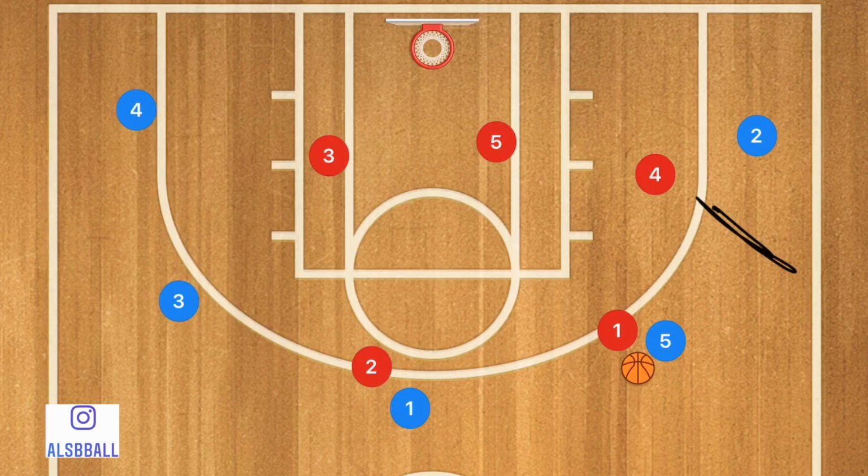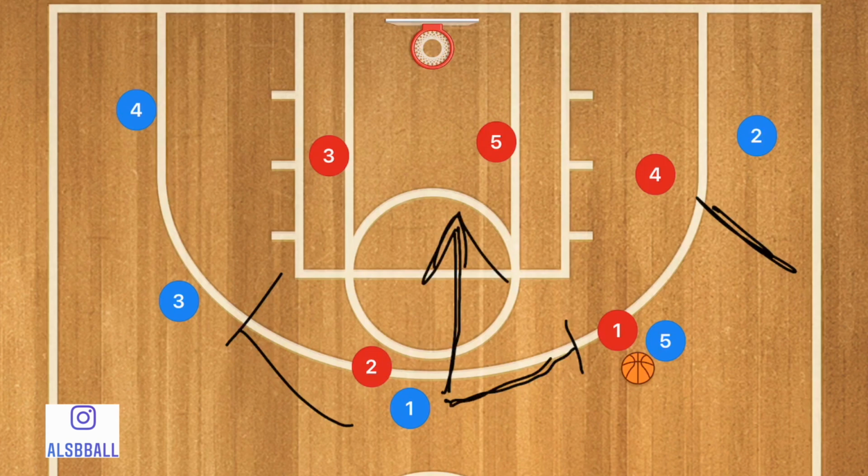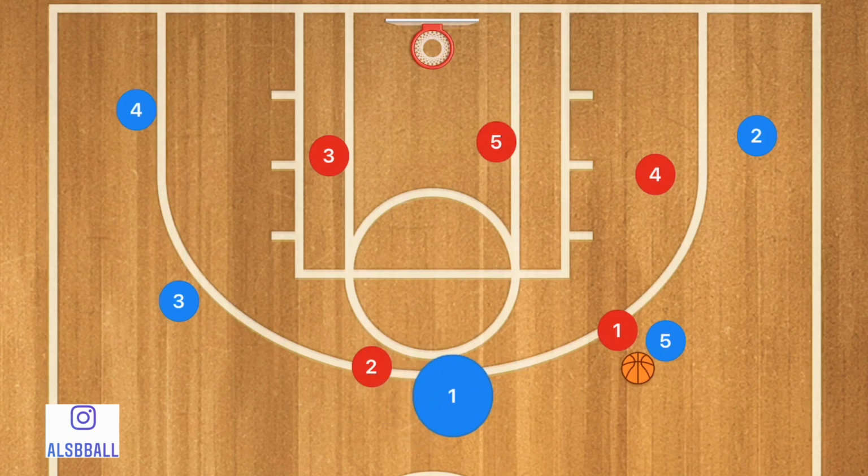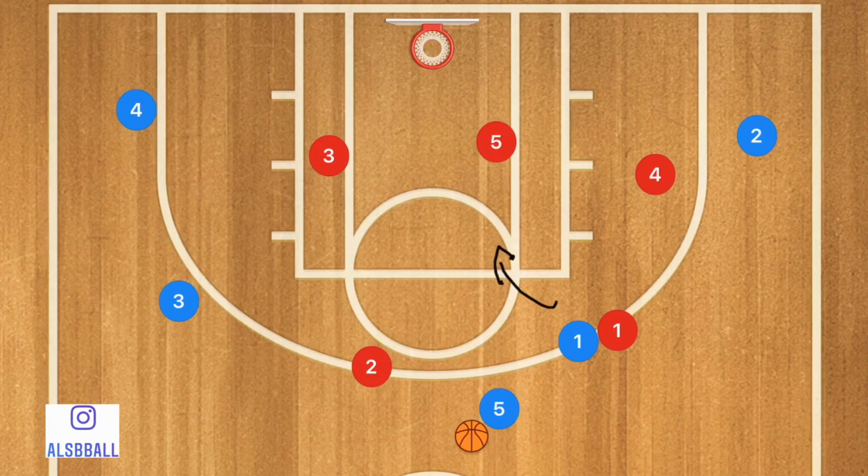Player 1 will have a couple of different options here. So, how the 5-out motion works, you have 3 different options. You can screen for, you can cut, or you can screen away. So in a 2-3, there really isn't any player to screen away for, so you have basically 2 different options at this point, to cut or to screen. So what we're going to do here is we're going to have player 1 at first, he's going to go and screen for